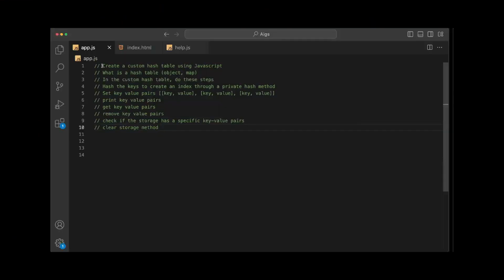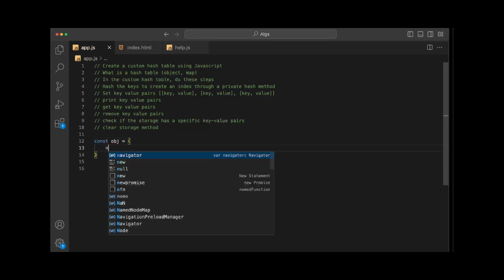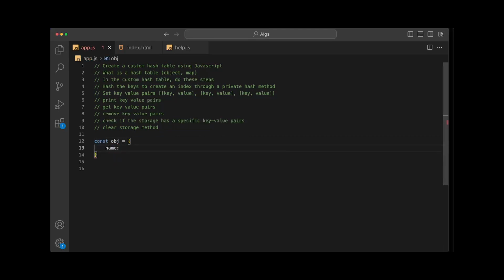We are getting into data structures, and the first data structure that we try is the hash table. Now, hash tables exist in most of the languages. In JavaScript, it is basically an object, like you say name something. So this is an example of a hash table. It's a key value pair. Another example of a hash table is